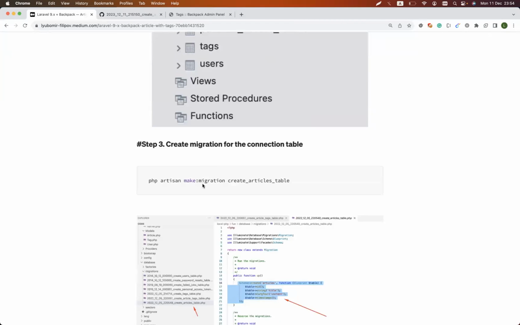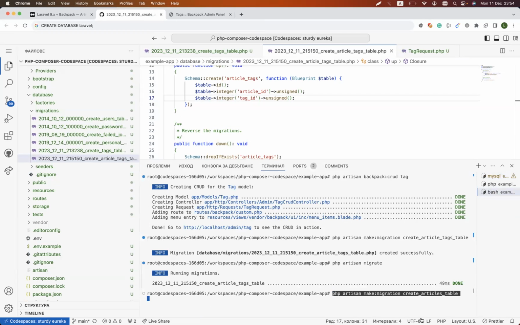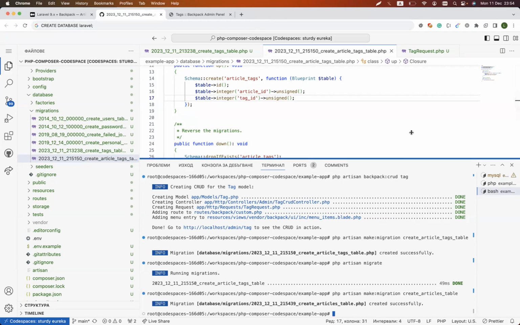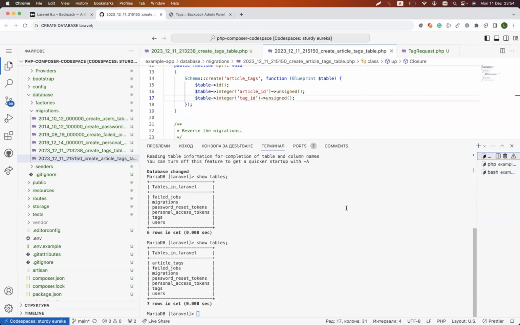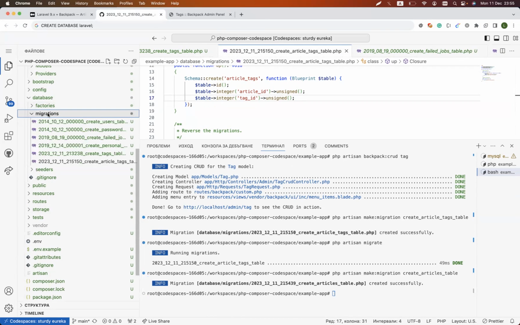And the next thing that we need is to actually create the articles table. So we are executing, hey, artisan, please make migration and create the articles table. When I run and create the articles table, the next thing I expect to receive is if I run show tables, it's still not updated, but it generated a new file for me. And that new file should be create articles table. And that new file should be available inside the migrations folder. You see the file is already here. And if I open it,